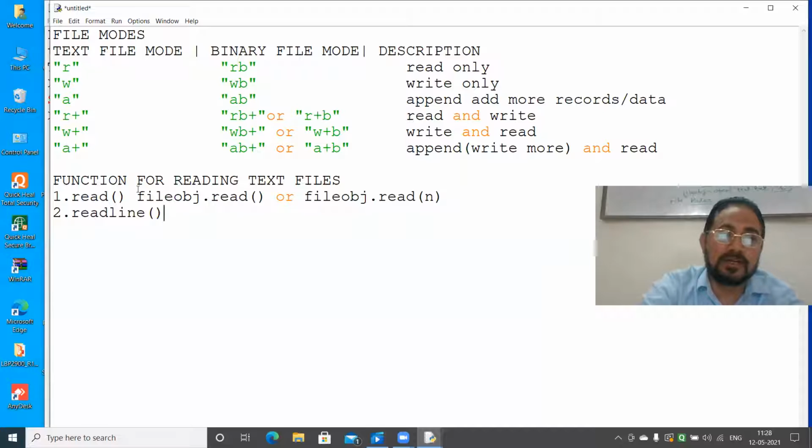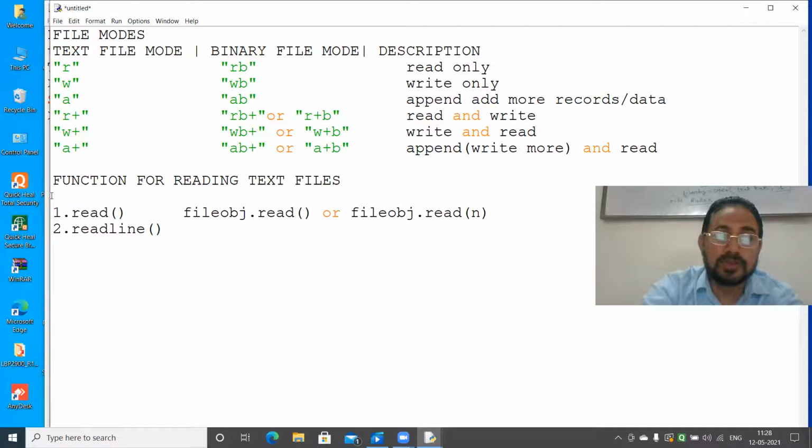Please don't get confused. This is the syntax, this is the function name, and this is the prototype, how we will use it.